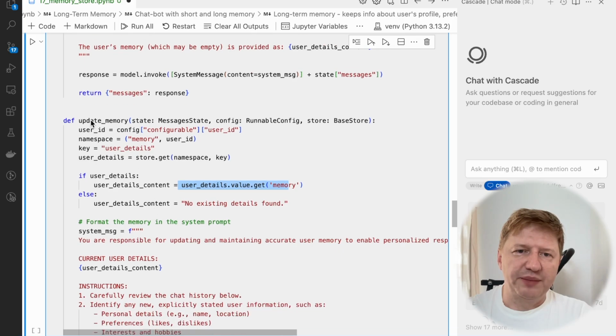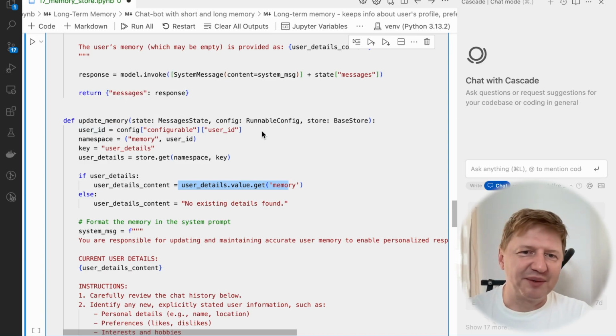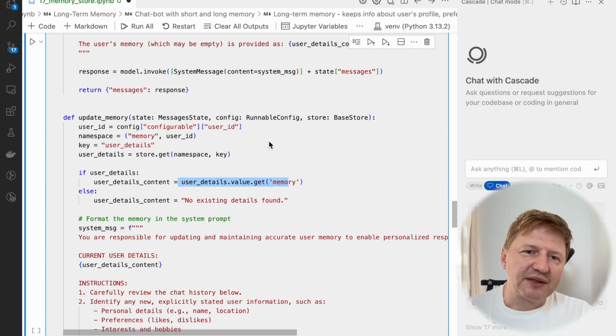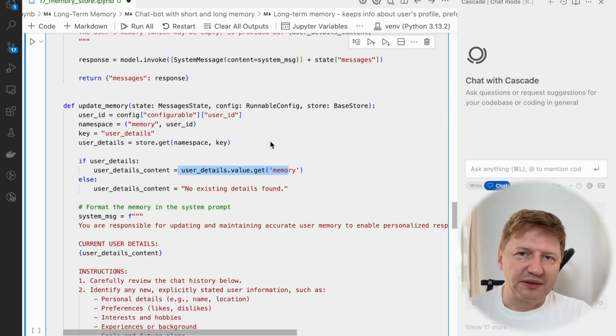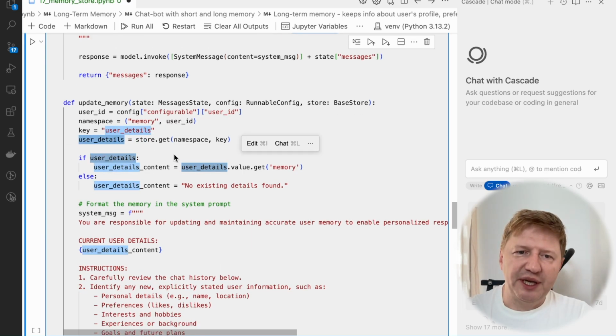And another one is about updating memory, because it's not the normal way, right? We're working with an application, we go to configuration and put some data. This is an AI application, so it tries to automatically fetch all the details about the user, about the conversation, in a background kind of mode, and update its memory. Practically this is the same as what happens with us human beings, right? So we are trying to simulate this approach here. That's nothing more, right? So what we do here, we have the same. We have user ID from the configuration object. We have the namespace. We have the key, which is the same. We're fetching user details.